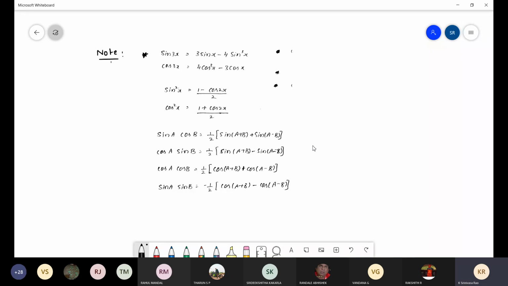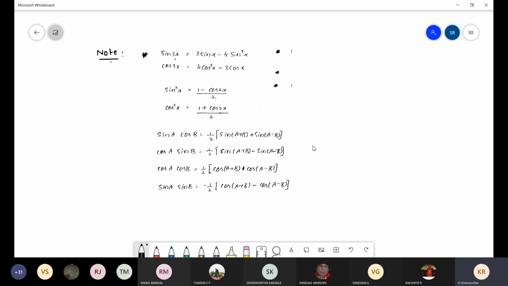Just take down. This is like a pair of formulas we require. They will give sine cube x and cos cube x; that sine cube means we have to reduce degree 3 to degree 1 with the help of this basic formula. Here the first formula is sine 3x, which is 3 sine x minus 4 sine cube x. So here we will get sine cube x. From this you should derive what sine cube is equal to. Accordingly we should solve the problem, and while solving I'll explain again.